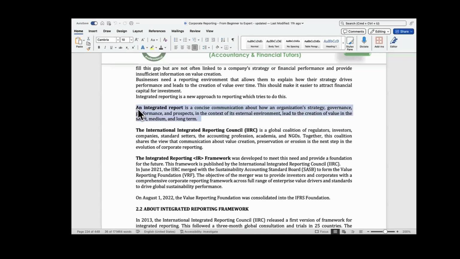You see, it's not useful to cram this definition, right? At this point, what is important is for you to understand the idea, the origin, or why integrated report. The whole idea is that why should we be presenting information to users only about what has happened in the past? Yes, it's okay for us to tell them this is our profit. It's okay for us to tell them this is our revenue. Yes, we can do that. Traditional financial reporting will not go anywhere because it's a form of stewardship, which is fine. But what integrated